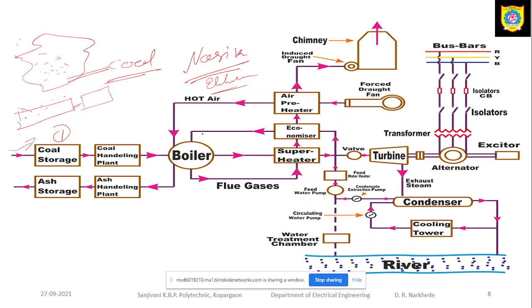Now, for the working of my thermal power plant I require a huge quantity of coal. माझा पॉवर प्लांट जो आहे त्याला वर्क करण्याकरता मला thousands of tons मध्ये कोल लागतो पर डे. So we need to store the coal. The first unit in any thermal power plant is the coal storage. कोल स्टोरेज मध्ये काय होणार आहे, आपण जो कोल कोल माइन पासून ट्रान्सपोर्ट करून आणलेला आहे.